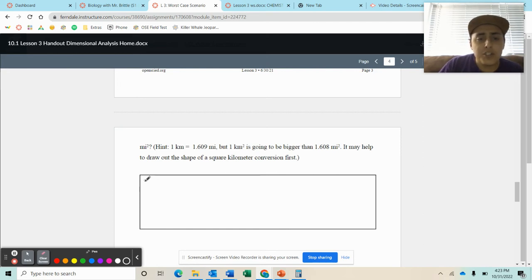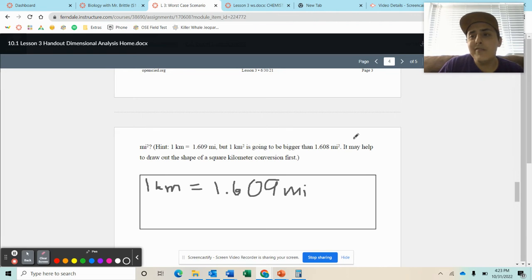So we're going to start with the fact that we know that 1 kilometer is equal to 1.609 miles. Okay. And we're talking about kilometers squared and miles squared. So we kind of need to figure out how many square kilometers is equal to a square mile. So if we were to square both sides of this little equation, we would get that 1 kilometer squared, because 1 times 1 is just 1,